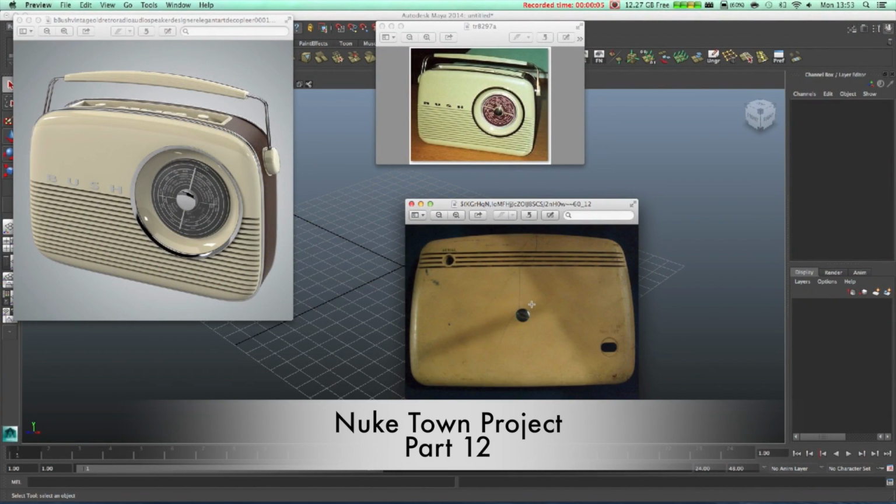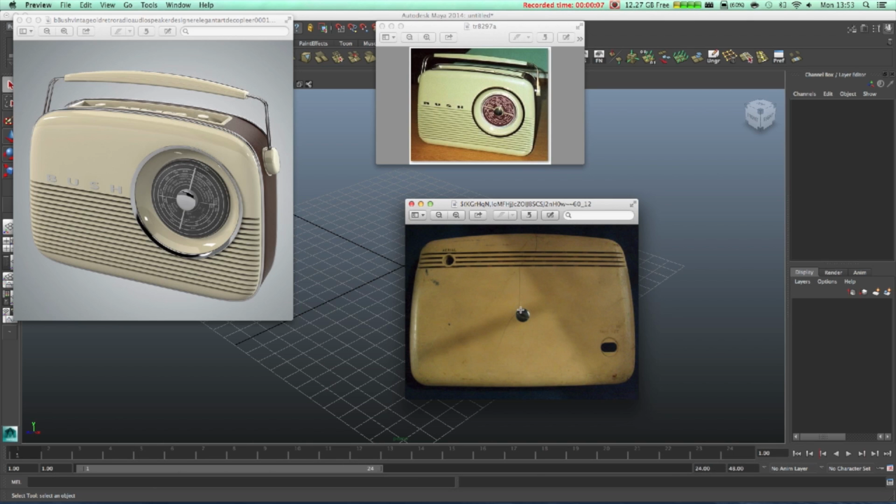So in this tutorial I decided to make something different. We're gonna leave the stairs for now and we're gonna start to make some props. As a first prop I chose a radio, like an old-fashioned radio, and I want to model something like this. Here are some reference images, what we're planning to do. Okay, so as soon as you see the radio,